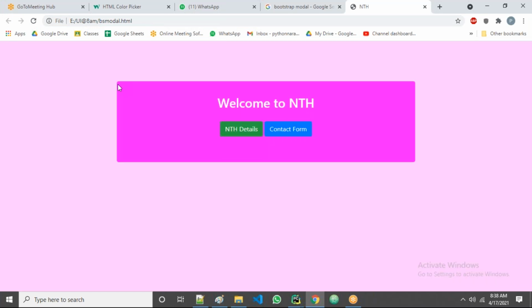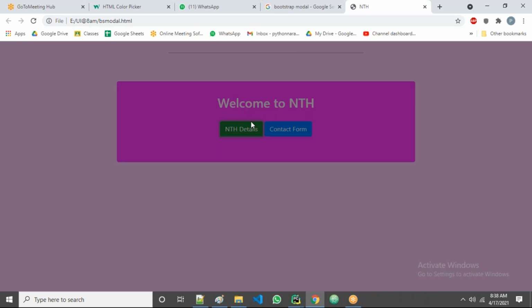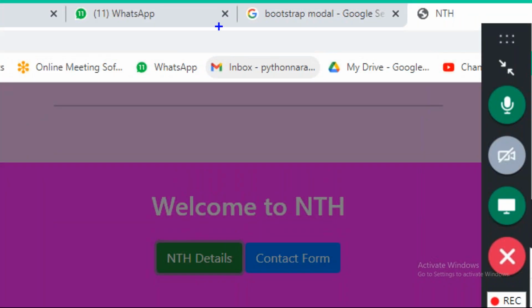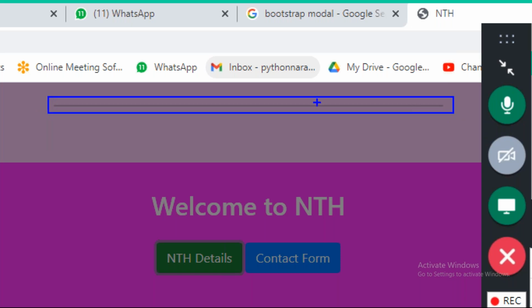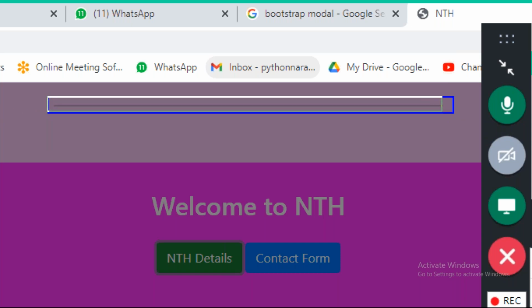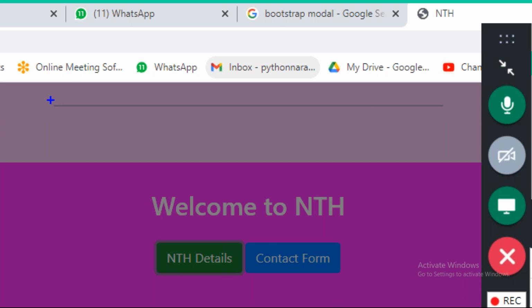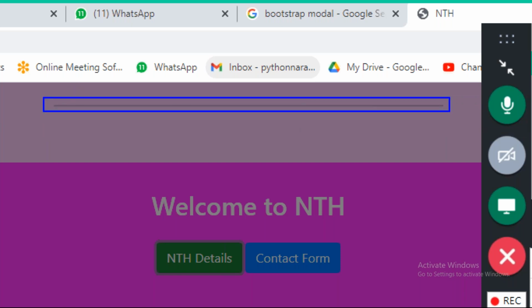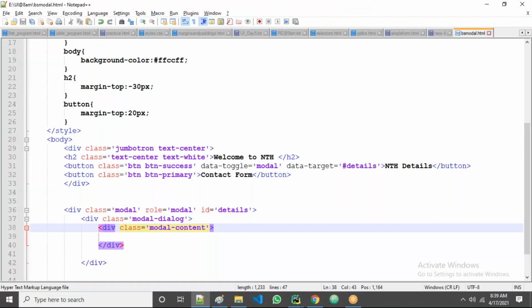Now all of you observe. I click on this one. Yes guys, can you observe here? Something came, which means now the modal came, guys. This is the modal. Now this modal we extend with the head, with the body, with the footer, guys. Now the modal came, and the same modal we extend with the head and body tag.